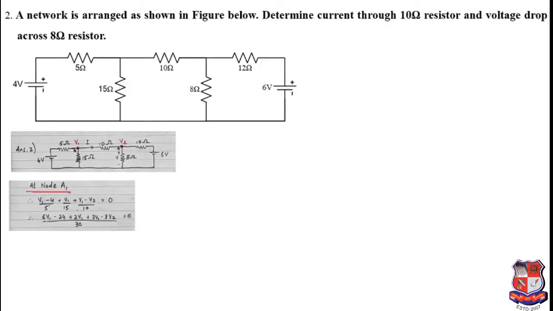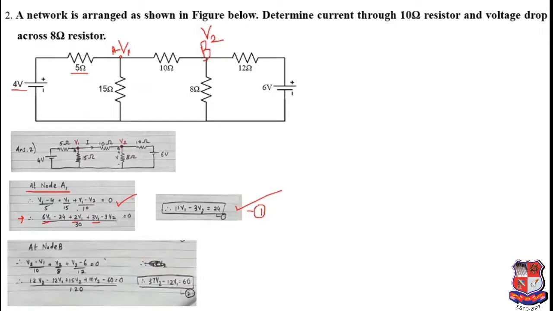So at node A, so giving this as node A and this as node B, and this is the voltage that is V1 and this is the voltage that will be V2. So at node A, what will happen? (V1 minus 4) divided by 5 plus V1 by 15 plus (V1 minus V2) by 10, that will be equals to 0. So if you solve this, you need to take LCM and you will be getting this equation, and further solving this you will get 11 V1. Okay, so it will be 6 plus this 2 8 and plus this 3, so 11 V1 minus 3 V2 will be equals to 24. So this equation will be first equation.